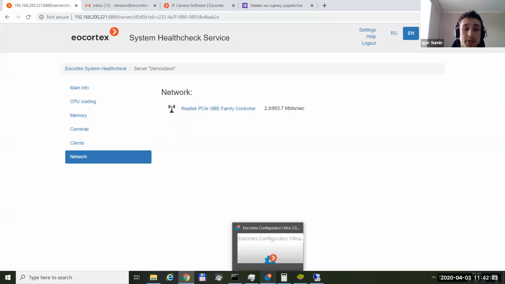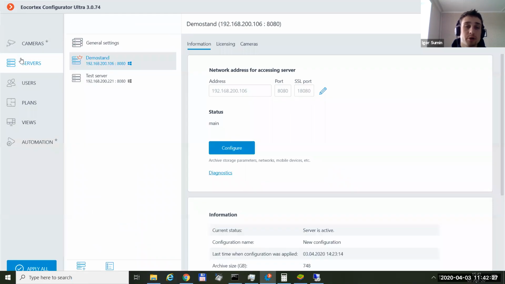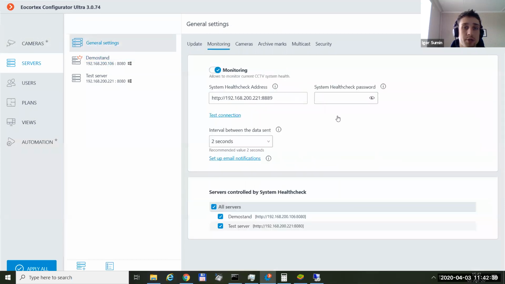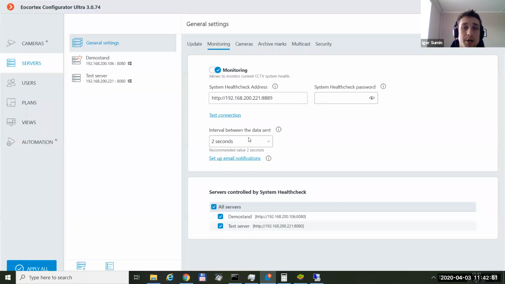Then let's take a look at the settings for the monitoring, because we can not just watch the monitoring, we can also configure the notifications. To do that, we go to servers, general settings, monitoring. Here we enable it, set the address. We can also set the password for that, test the connection. So it's okay right now. Interval between the data being sent, set the servers that will be